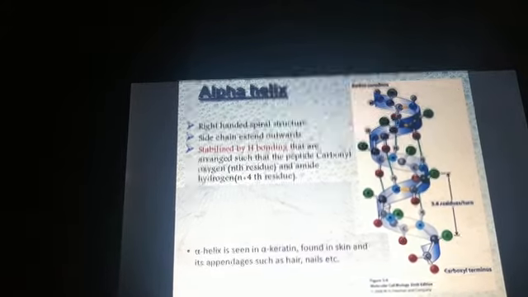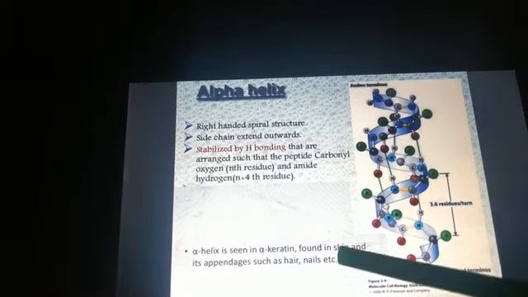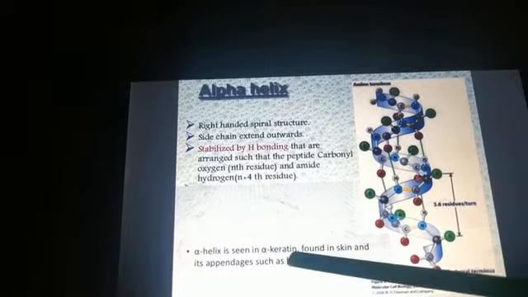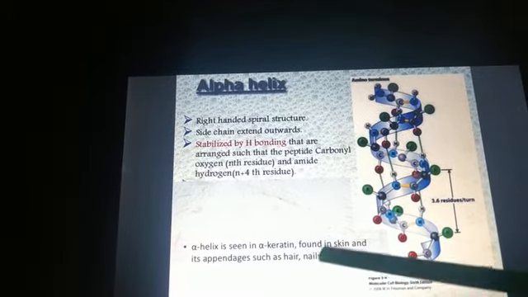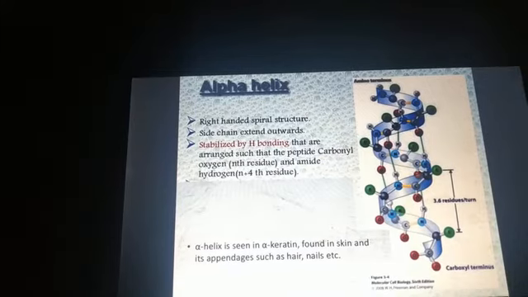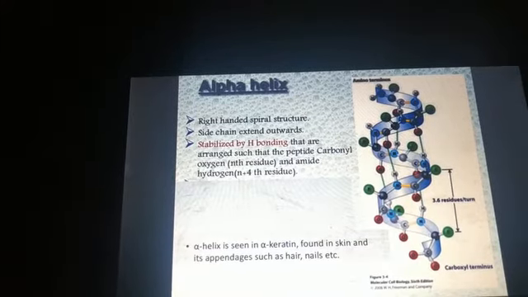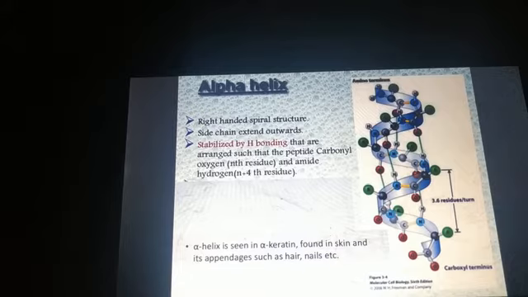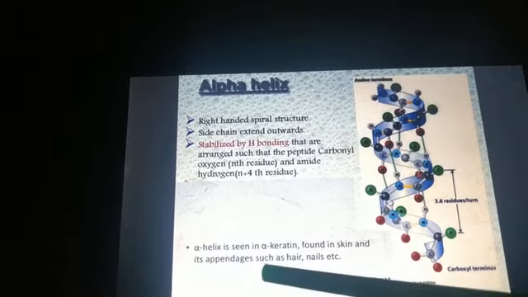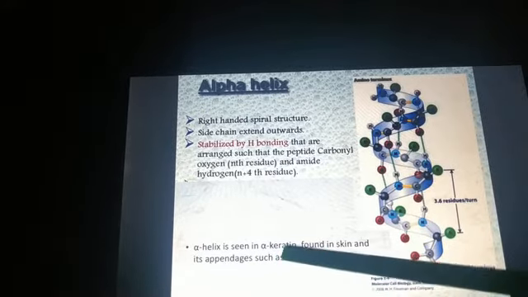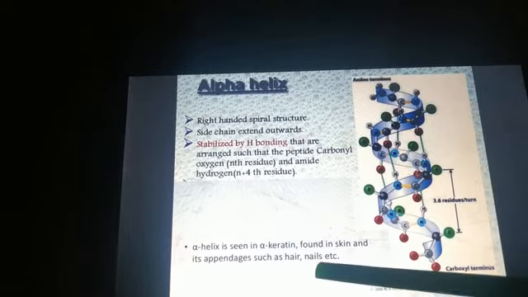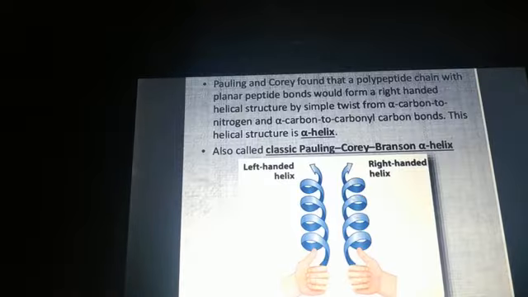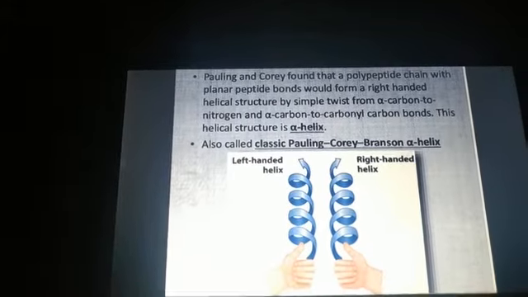And where can we find this alpha helix? Alpha helix is seen in alpha keratin. And keratins are found in skin and its appendages such as hair, nails, etc. So you can find alpha helix in keratin, and keratins are present in our skin, hair and nails, etc. So here you can see